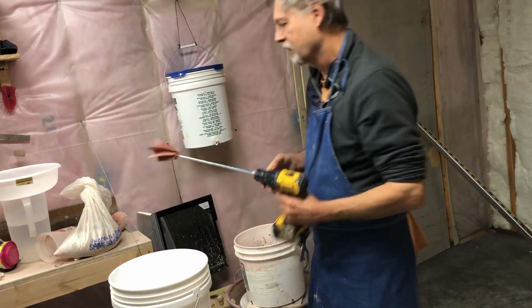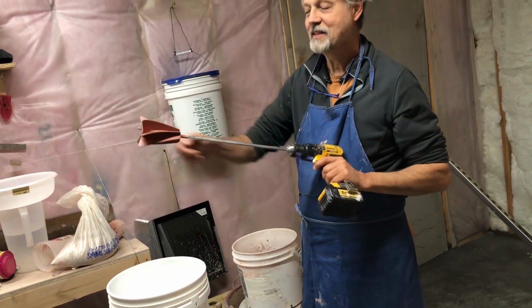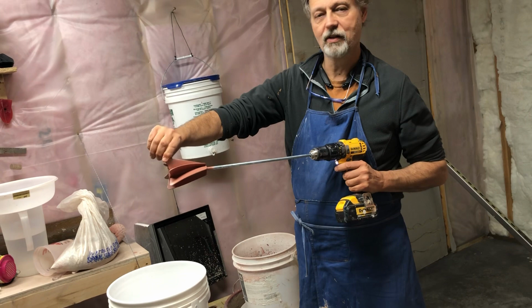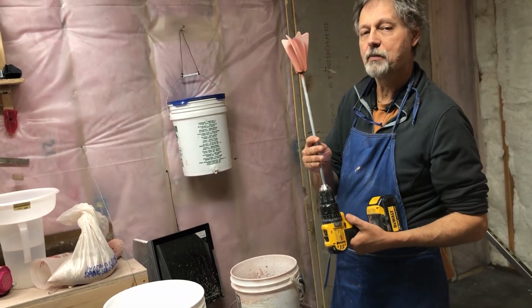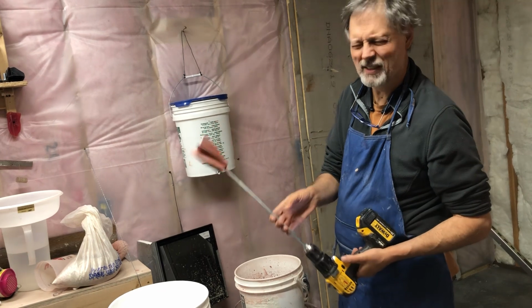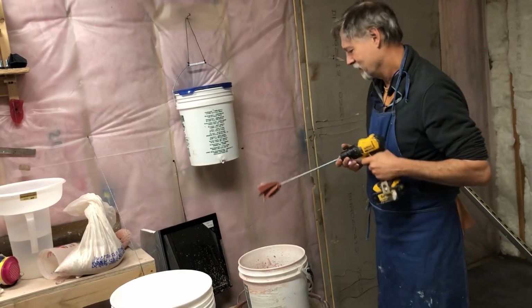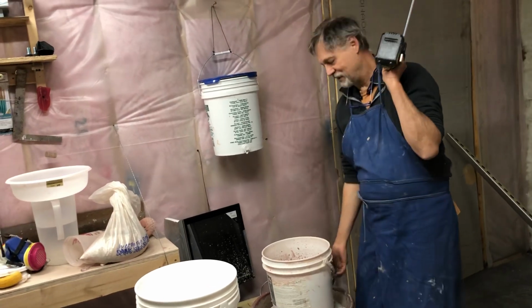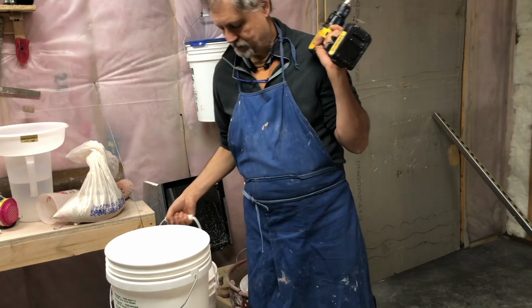with my drill. Nice, huh? Battery powered. And this is a plastic paint stirrer. Really nice because I used to use metal ones and they tore the buckets to shreds over time. And you end up with pieces of plastic in your glaze. Not good. So anyway, the way this works is, to stir it up, we have some little bats we made